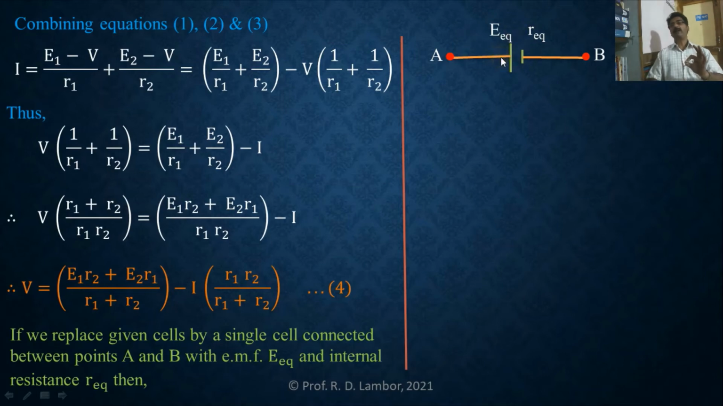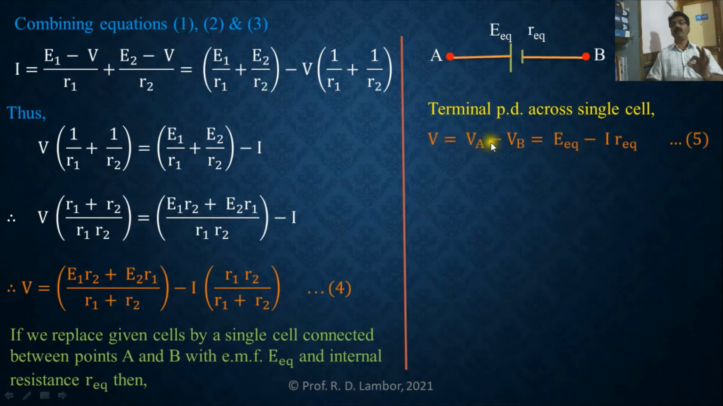In this case, we can find the terminal PD of this single cell by the same formula. Terminal PD of that single cell V equal to, see here, VA minus VB, potential at A minus potential at B is equal to E equivalent minus I into R equivalent. So this is terminal PD for the single cell, and this one, equation 4, gives you terminal PD for the combination of two cells. So if we compare equation 4 and 5,